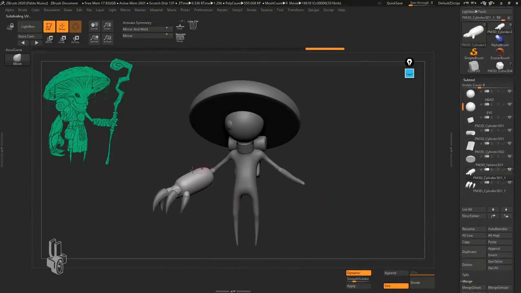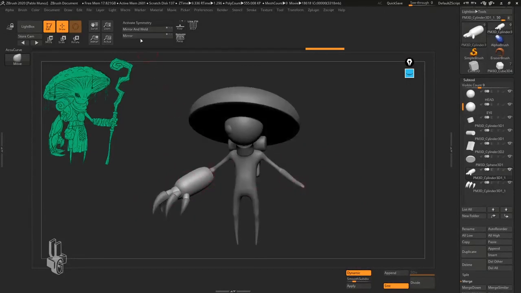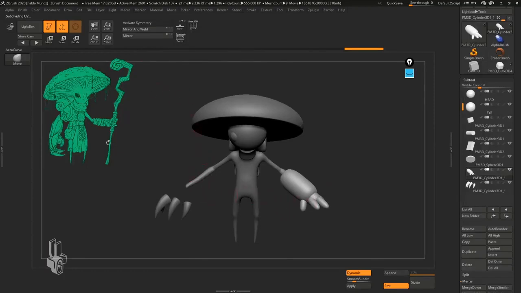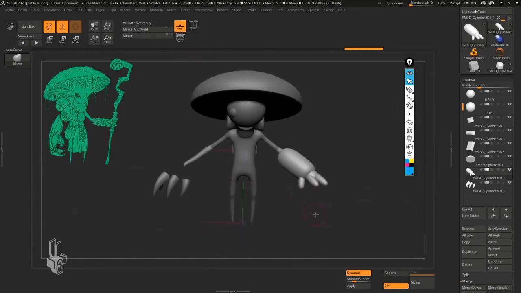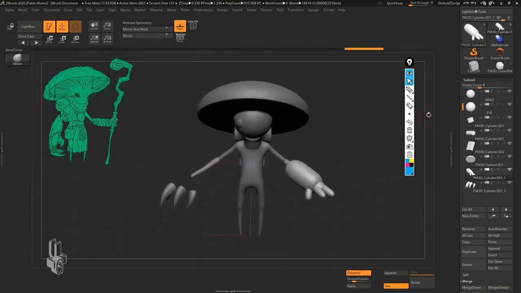So I have the hand, or the big hand, and let's say that instead of working on the right hand side, I want to actually move it to the other side. I can just go ahead and click mirror, right? And ZBrush is going to take whatever is on this side and mirror it to the other side. I'm going to go ahead and enable the floor, and I'm going to show you what is happening behind the scenes, right? So when you click mirror,